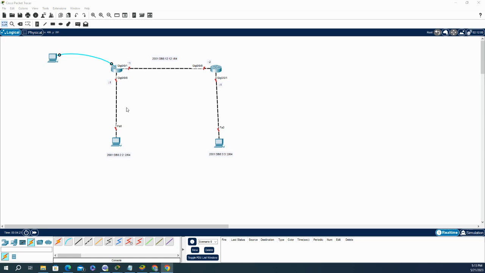For this lab, we are going to be configuring static routing using IPv6. Again, we're going to be configuring static routes using what? IPv6. As you can see, I have already mapped out my network address and IP address for each of the various